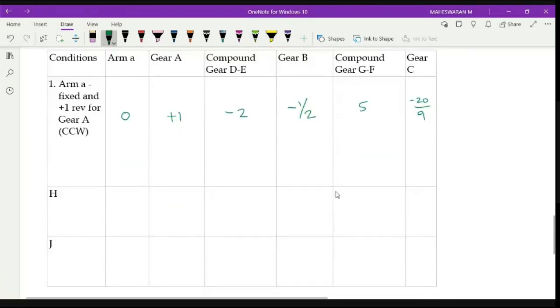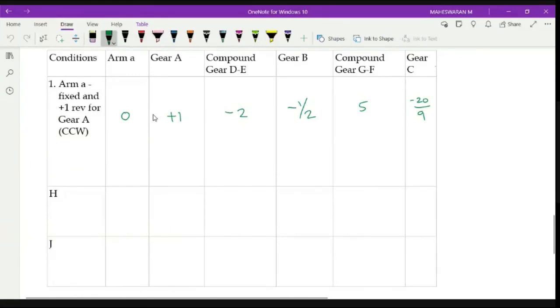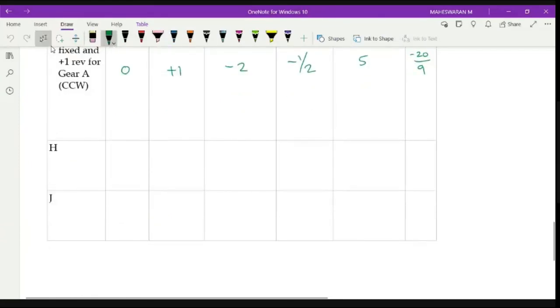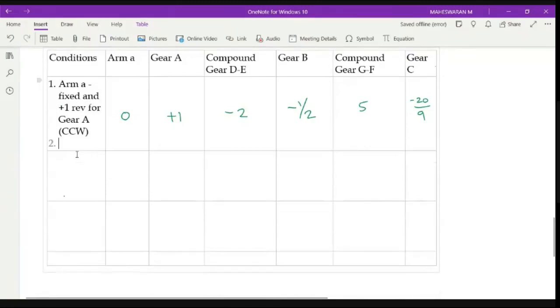Any doubt on this? No, sir. Usually they will be writing in terms of TA, TB, TC, and then they will be substituting it. Anyway, it is up to you. You can do that also. It won't affect anything, so you will get the same thing. Okay, now we'll proceed with the next one. The next one is identify what are the values.